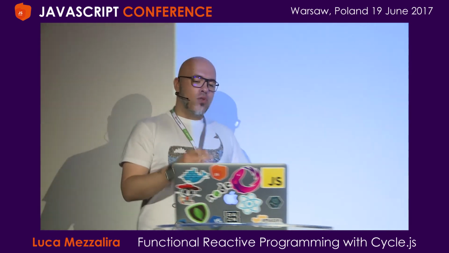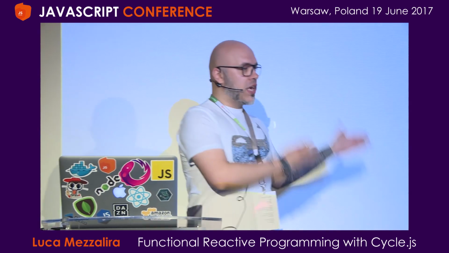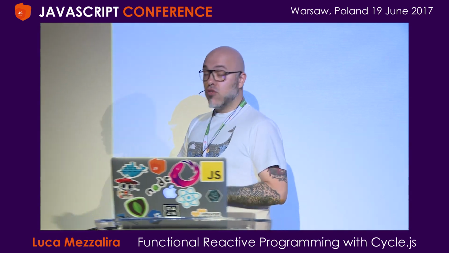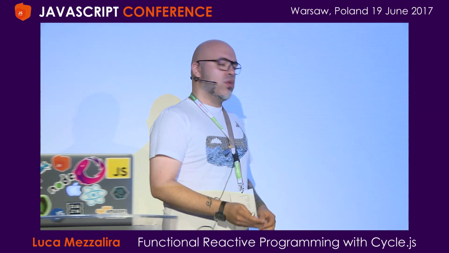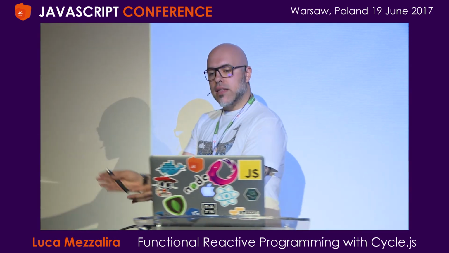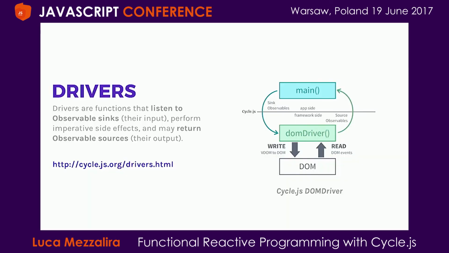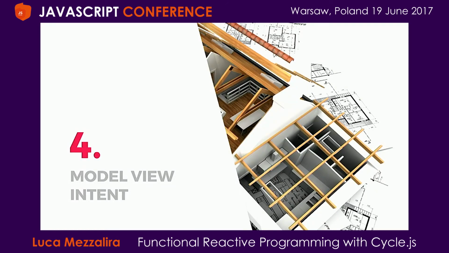So basically, the rule of thumb here is every time that you need to communicate with the external world, you try to create a driver. Currently, the Cycle community is pretty active on that, and there are already many drivers that you can use. But the interesting thing is that you are isolating that part in a driver. So it's pretty cool. Before we move to a real example, I want to talk about one thing that I discovered thanks to Cycle.js, and personally I think it was a brilliant idea. That's why I want to share it with you. So I would like to talk about an architecture that is fully reactive and was thought for that, and it's called Model View Intent.